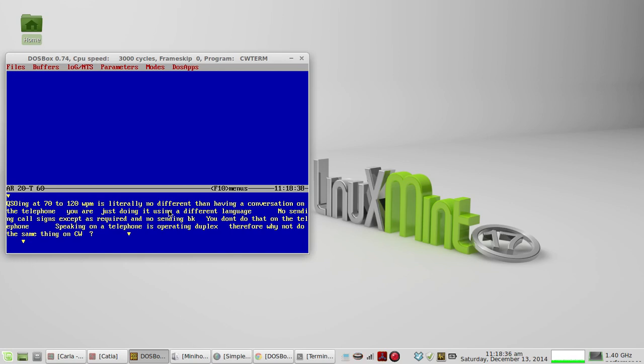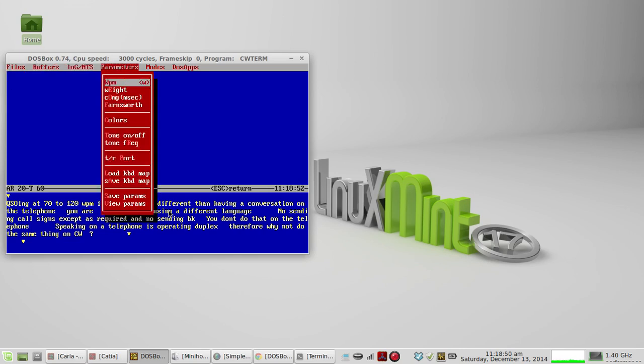So this is really doing a great job on Linux, using a famous program, CWterm, for the QRQ artists back in the day. You just type Alt-F to bring up the menus. This is really a cool program, and it has a great manual. If you're a QRQ artist, this is well worth the effort to try to get this running, just to see